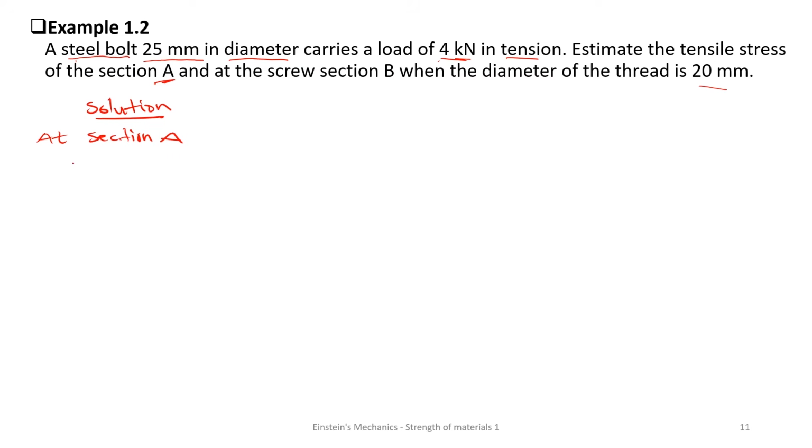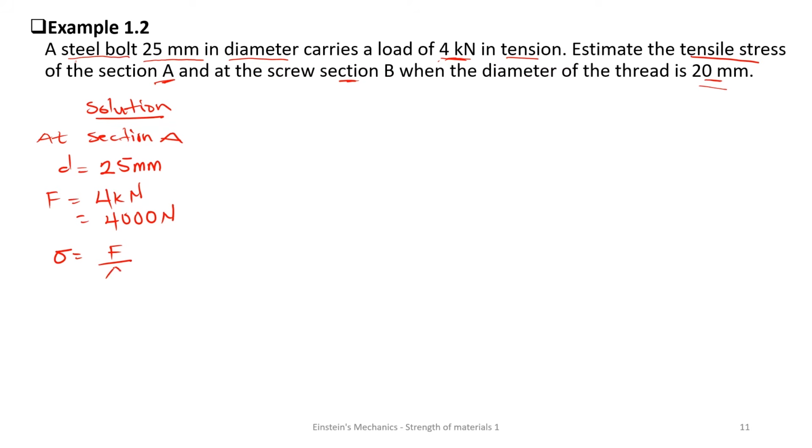At section A, the diameter of the steel bolt D was 25 millimeters. Remember, the same force was acting on the 20 millimeter bolt, or section B. So we maintain the force F to be 4 kilonewton, or 4000 newtons. We are to estimate the tensile stress, but we know our formula for tensile stress to be the